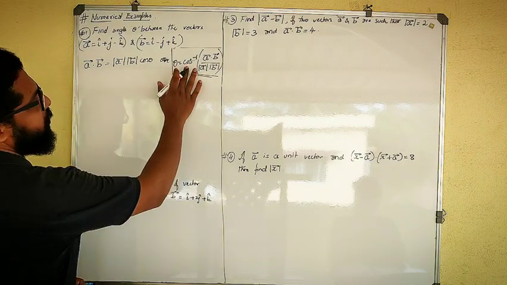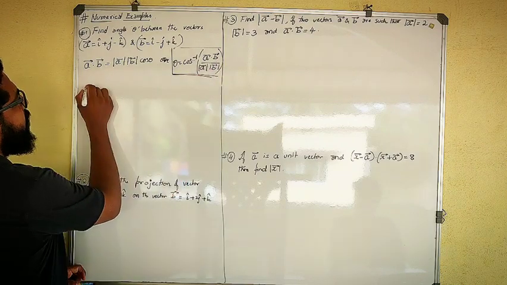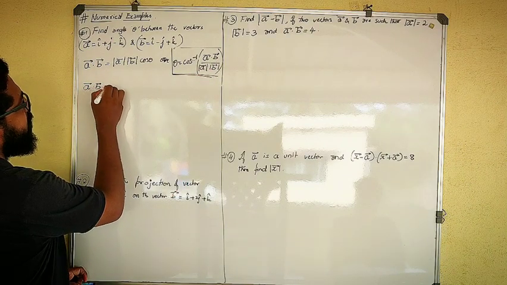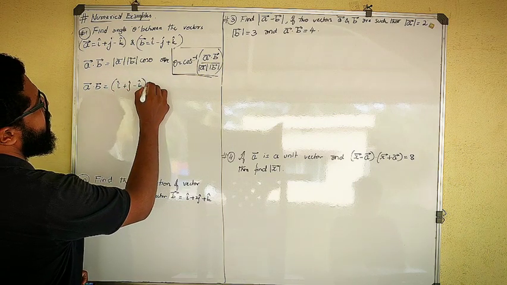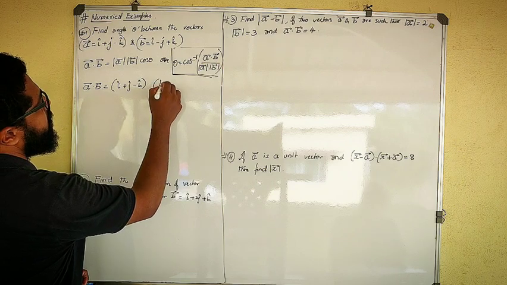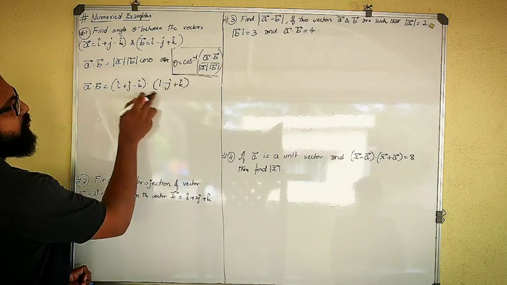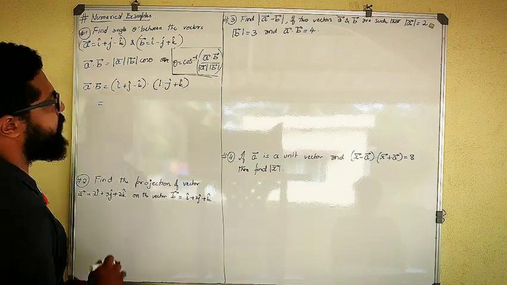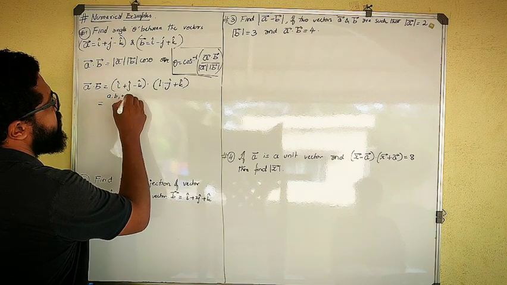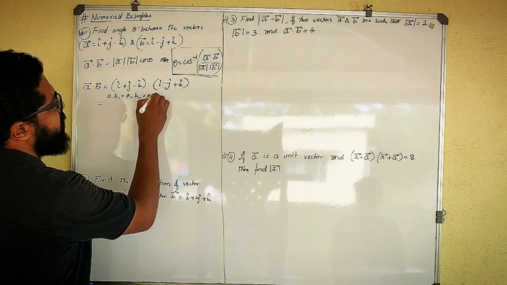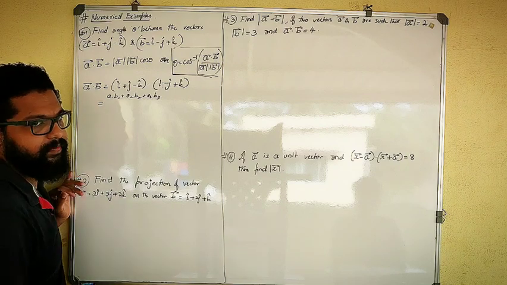So for that, let me forget about this cos inverse. I will put it in later. So first I will find out what A dot B is. A dot B is how much? A dot B is simply i cap plus j cap minus k cap dot i cap minus j cap plus k cap. Okay, these two. We have studied this formula in which the first component into first component, that is a1 b1 plus a2 b2 plus a3 b3. So this is the formula for dot product of two vectors. We have derived it in the previous video.